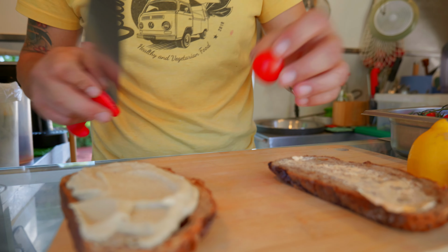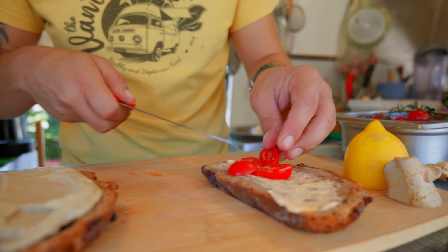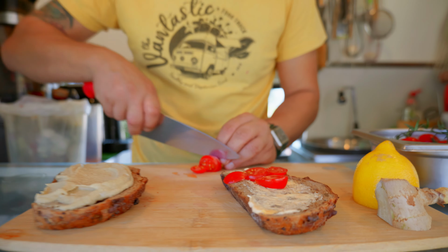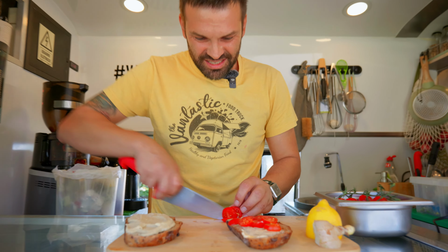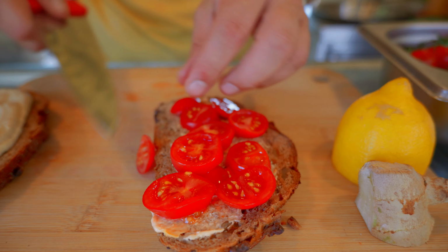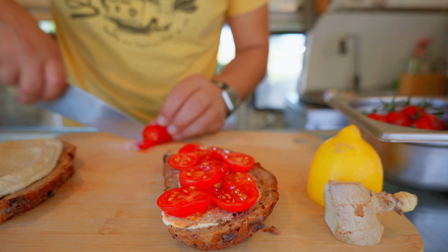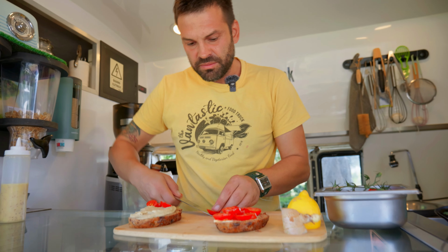Let me just move away. And they're actually going to taste like tomatoes, I'm sure. Yes, here in Europe, not like in the UK, where they're just sacks of water. These ones are from my house. From your house? Look at that. Start growing tomatoes, and believe me, you don't need a lot of plants to give you a lot of good tomatoes. They look amazing. Look at the colour, the vibrancy. And the hummus, sometimes